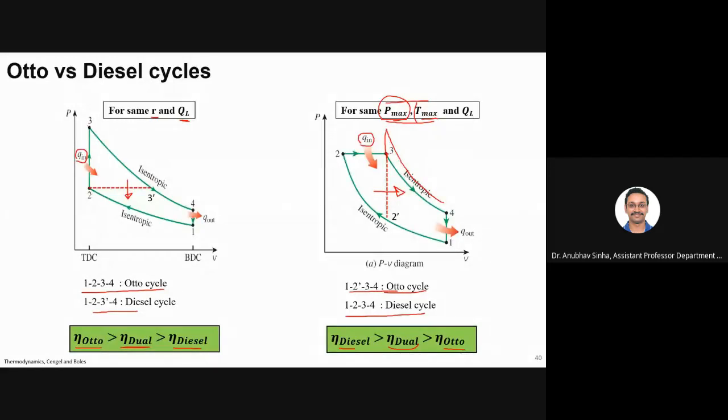Now we are basically talking about, if you keep this fixed, the same envelope, and inside we can divide, we can see that this is diesel and this is auto. If you don't fix it, then you're not able to define. This will have a different cycle. Okay, is it clear now?